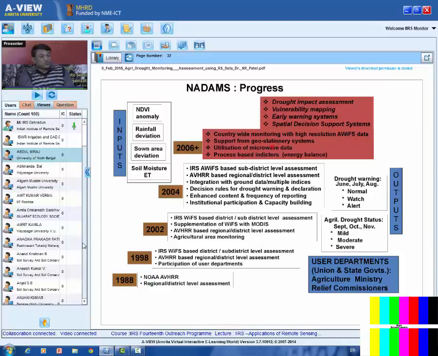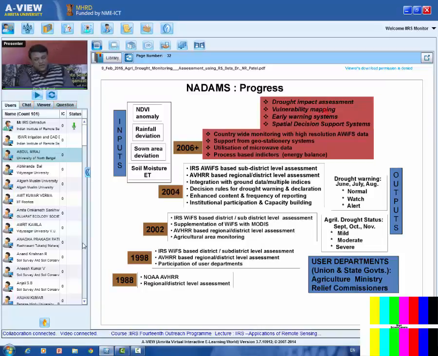Then all these process-based indicators can go to define different kinds of early warning systems and vulnerability mapping based on the history of data. Now we have novel chart data with the history. We can say, okay, 15 years of database are there, or even the IRS satellite series is also there, which can all serve as a database for identifying vulnerability and risk mapping for drought. So we are moving more toward drought risk assessment rather than simply monitoring and preparedness. We are doing drought risk assessment, targeting, prediction,